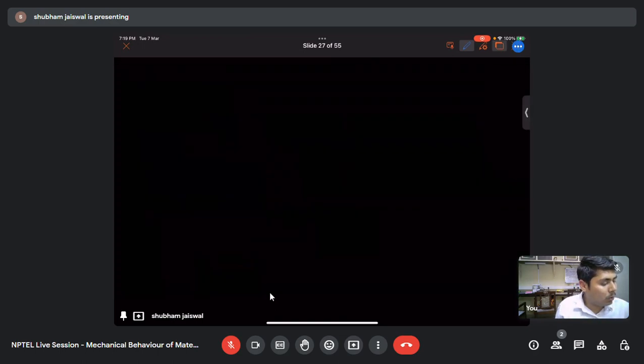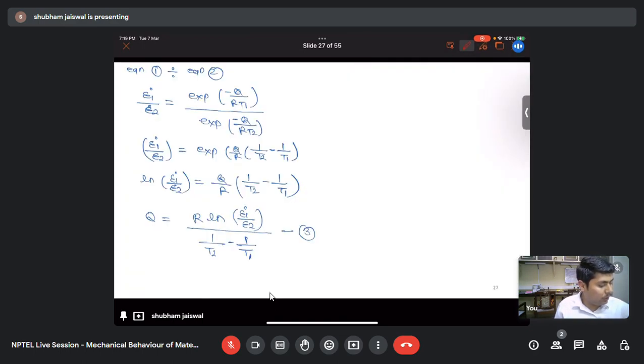Now if I put the values of each and every term in equation 3, we'll get Q equal to 8.314 into ln of 1 by 2, divided by (1/350 − 1/344). So if I solve this, that is 8.314 into ln of half,